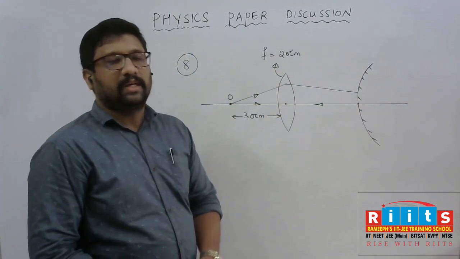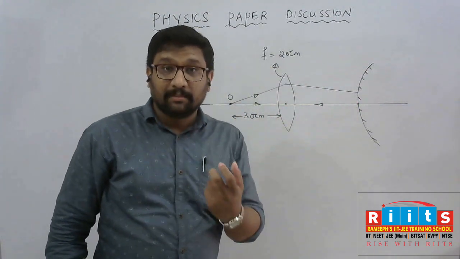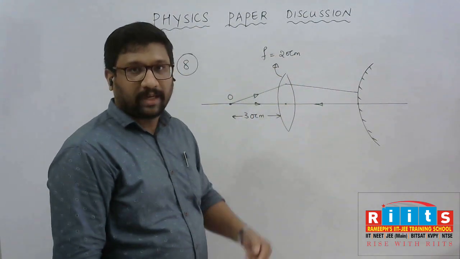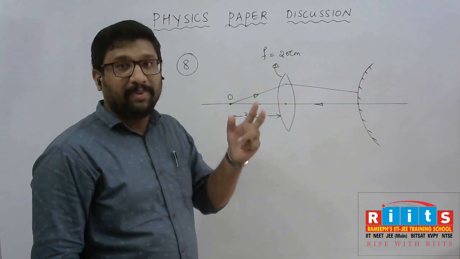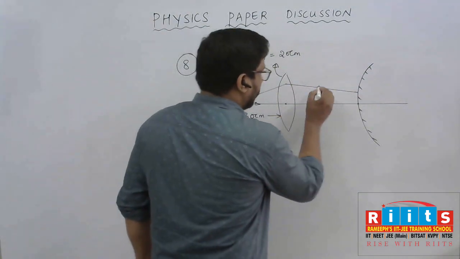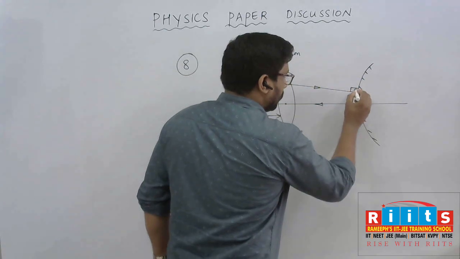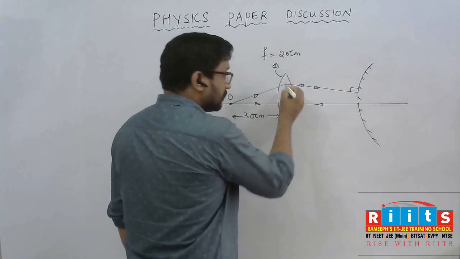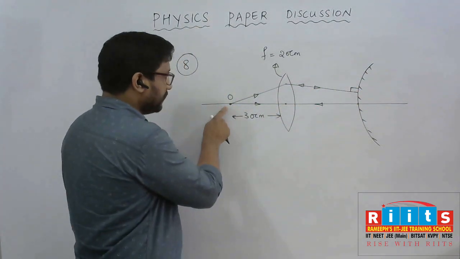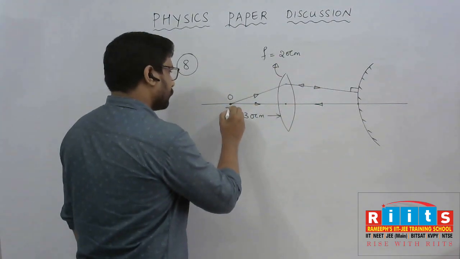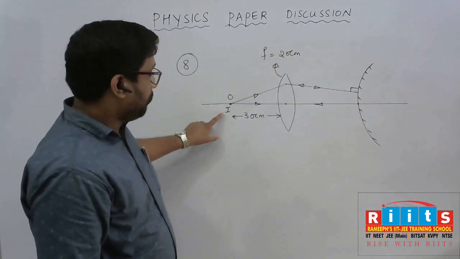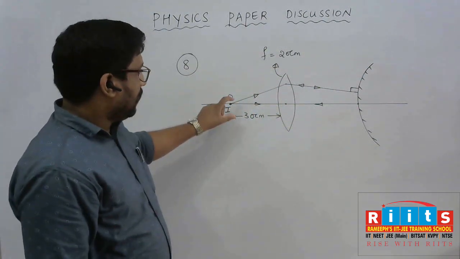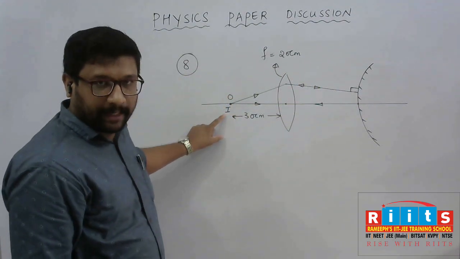Okay, so for reflecting back perfectly from any mirror, what is the condition? The angle of incidence must be 0, or the light ray must be incident in a perpendicular way. Okay, so the light ray is incident on the surface perpendicular. Then only the light ray is able to trace back the exact path and coincide here and form the image. Since this is a real image, because it is formed by the true coincidence of two reflected rays, the image will be real.